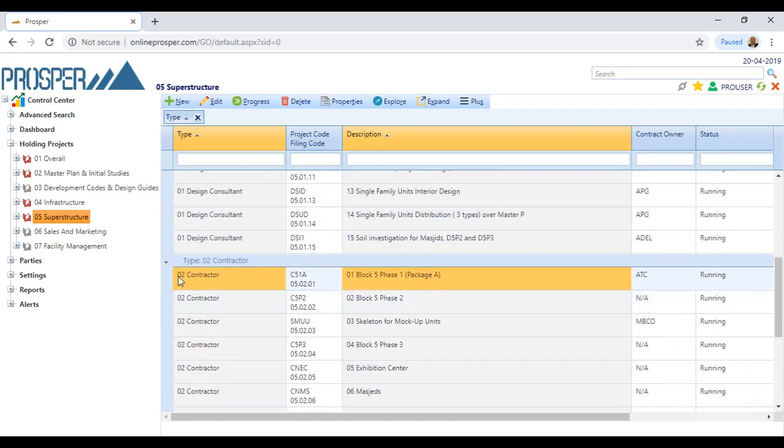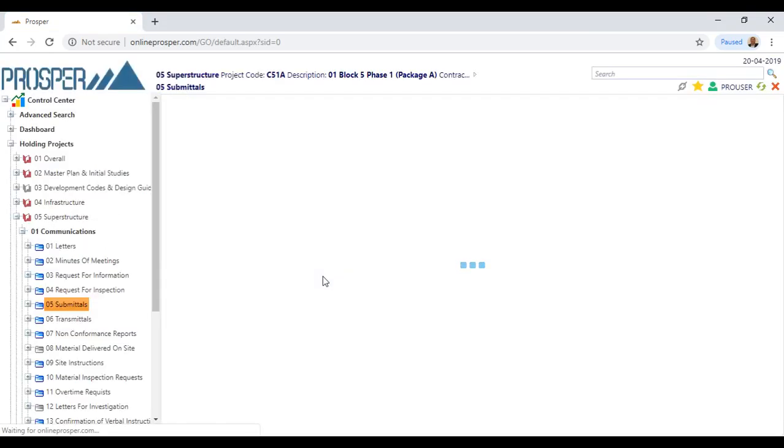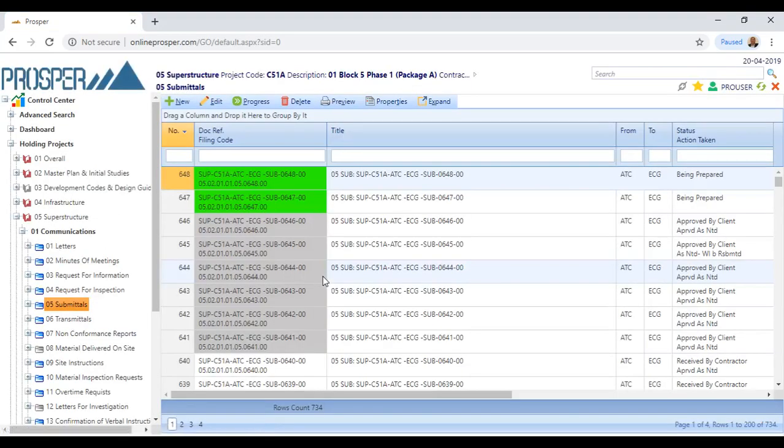Let's talk about the 02. So the 02 is the, so 0502, 05.02. The 01, this is the first one in this list. We can go to the second, to the third, to the fourth. As you can see, the numbers change. So if I double click on this and I go to the documents inside it, let's see, for example, the